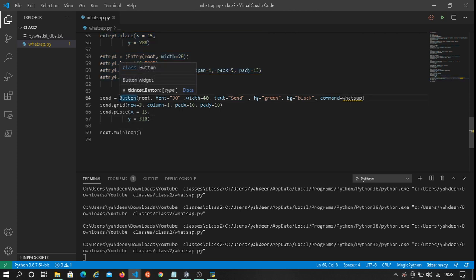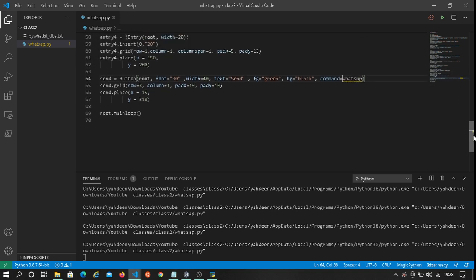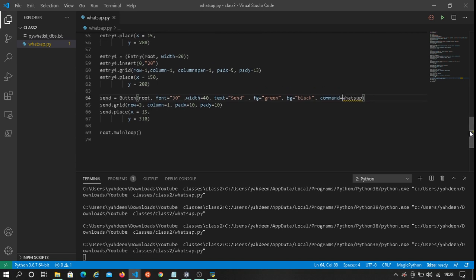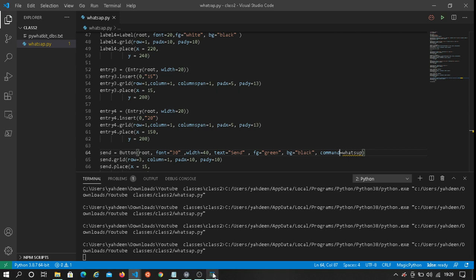So in Tkinter we write Button. You have to capitalize everything when you start, and then in Tkinter we use command to run a function. Command basically means you call a function and then you run it. So that's it. I already showed you how to read and then place. So command, I've explained it. So now let's run this and see how it looks.